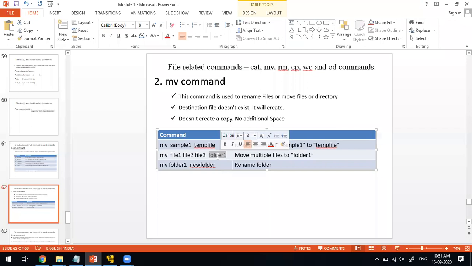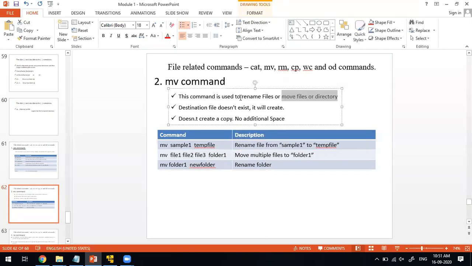That directory you have to give. It is just like this, moving multiple files to a particular location. Remember, the mv command will not take any additional space. It just moves. Two things it does: move the files to a directory, or rename the files or the directories.